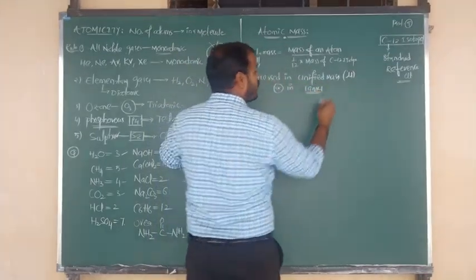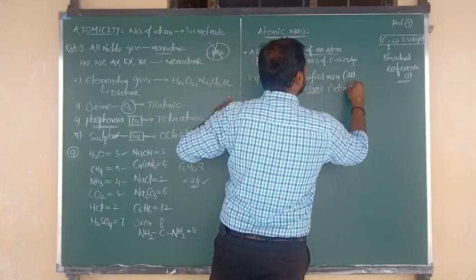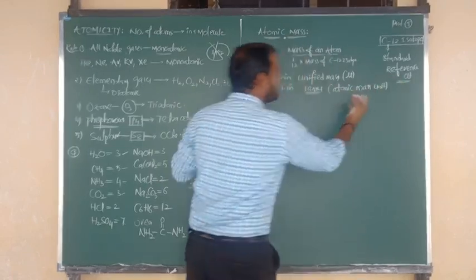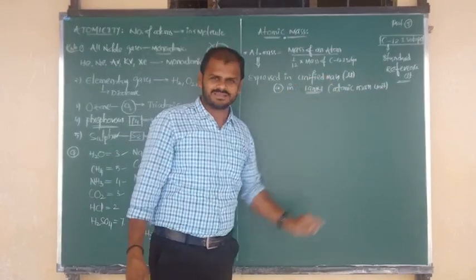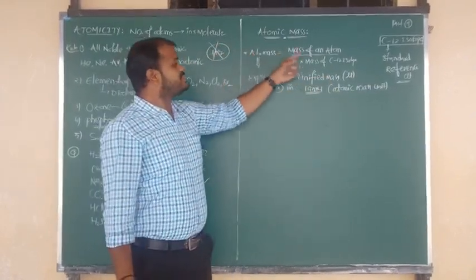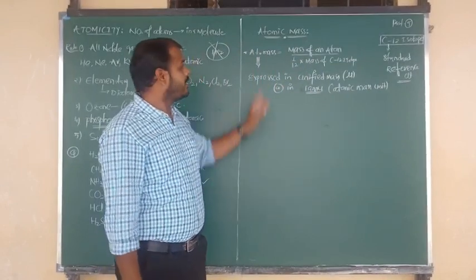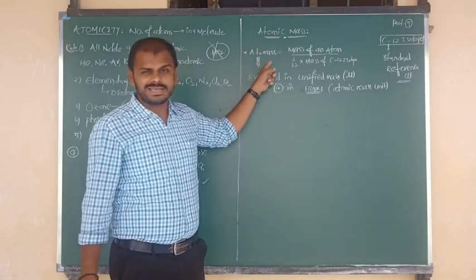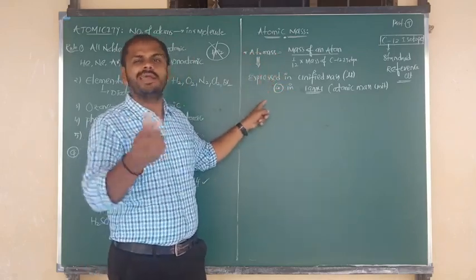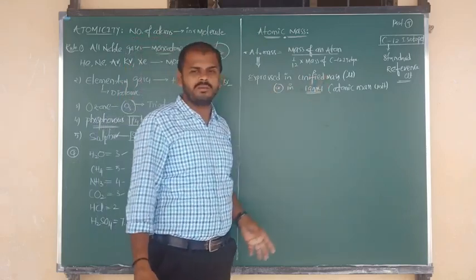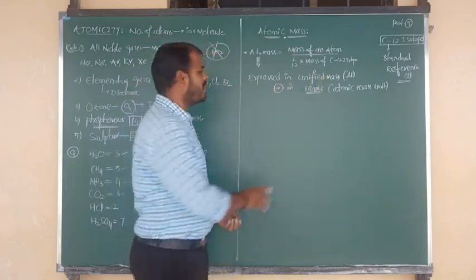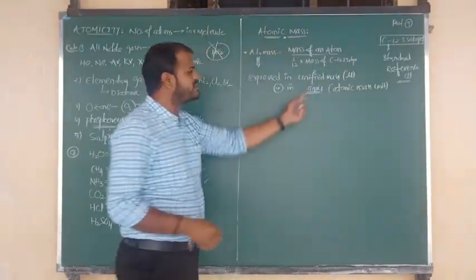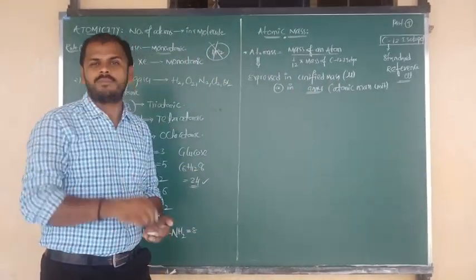Sir, what is meant by AMU? AMU means atomic mass unit: A indicates atomic, M indicates mass, and U indicates unit. We can say atomic mass unit, and also unified mass. So once again, this is the formula to calculate the atomic mass. Next, the atomic masses of all elements and compounds, whatever they may be, are expressed in terms of units, that is unified mass, and also atomic mass unit. So the unit for atomic mass is unified mass, and one more is AMU, meaning atomic mass unit.